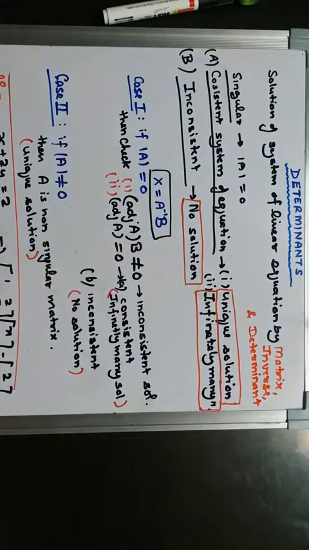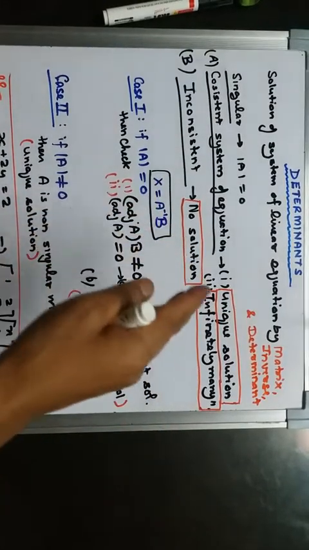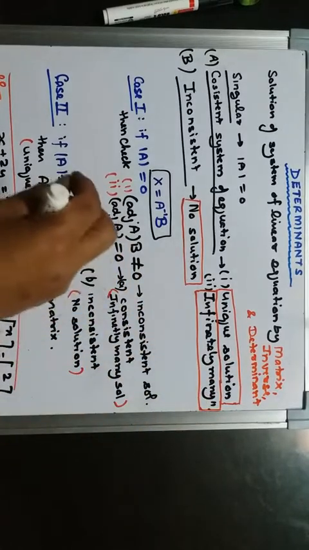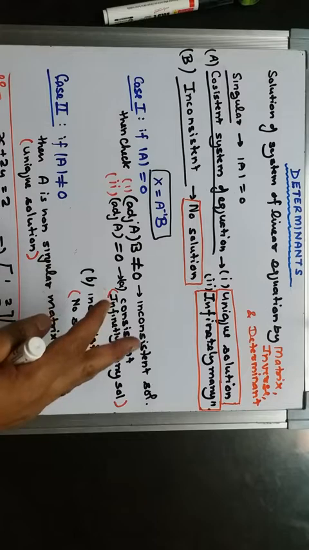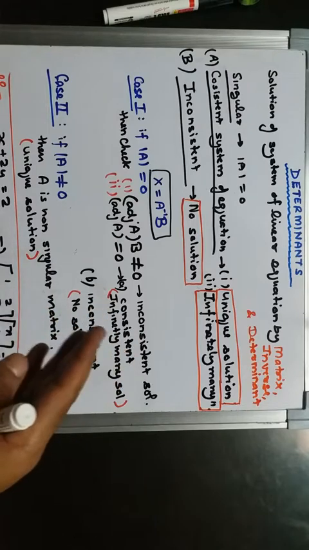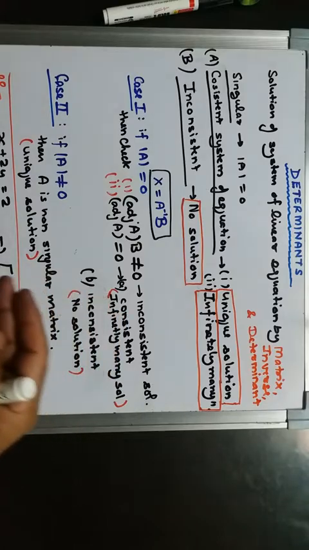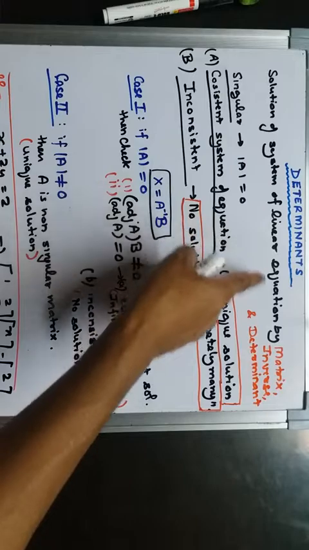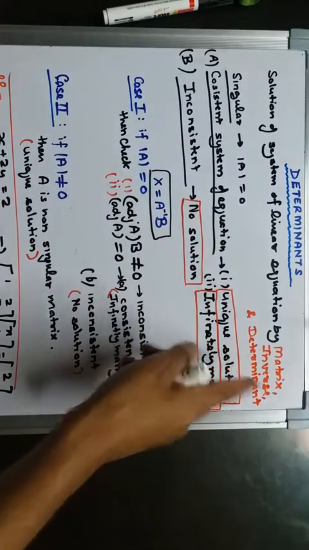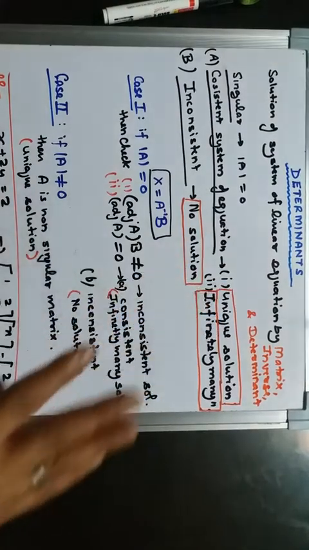But now we are finding the solution of a system, meaning the values of x, y, z from the equations. Suppose the equations are 2x plus 3y plus 4z equals 0, x minus 2y plus 3z equals 0, x plus 2y plus z equals minus 5. We have three equations. How did we solve them in previous years? By the simultaneous or substitution method. Now we are going to solve this system of linear equations by the matrix inverse determinant method. This method is called the matrix method.